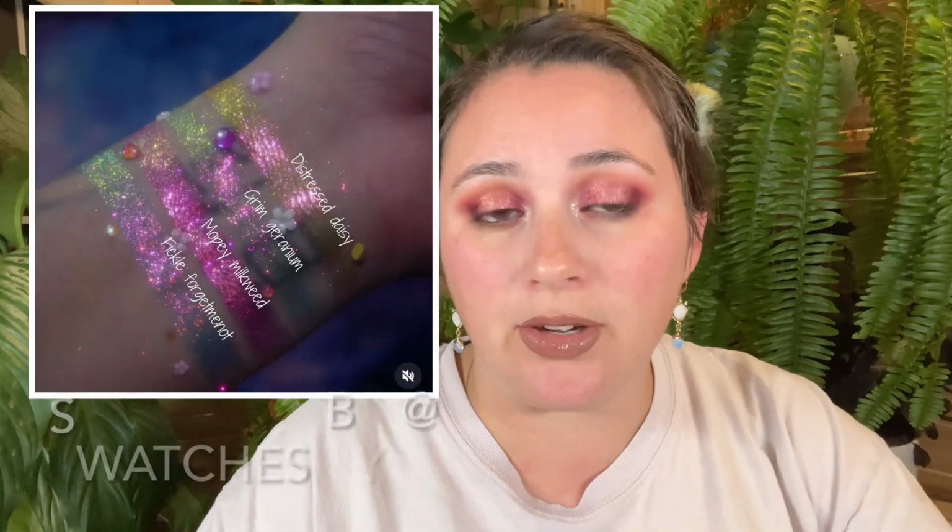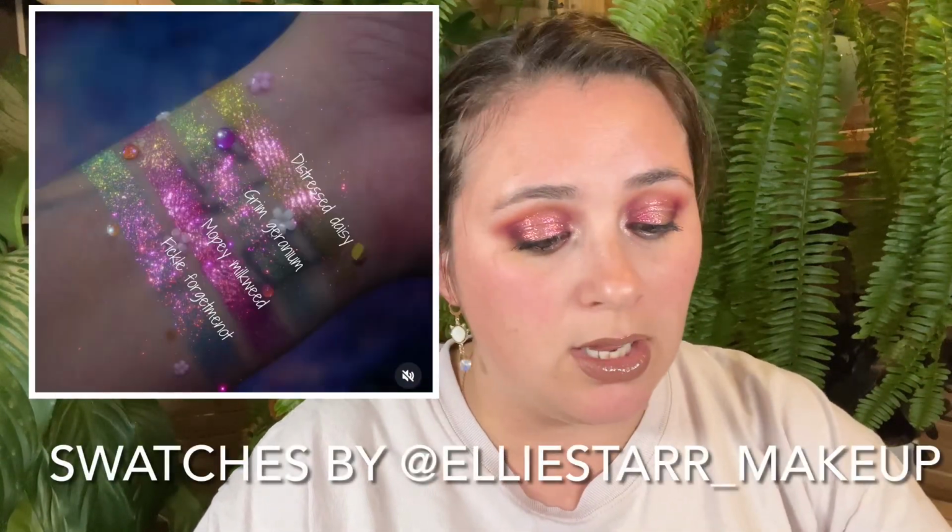Okay. So last week we talked about Dieverune, their Gloomy Gardens collection. Last week they sneak peeked the cake liners, which are some swatches are here. Now they have released a color story for the palette and the other items in the collection, so let's talk about them. So in this collection, on top of the cake liners, which are $9 each, by the way,